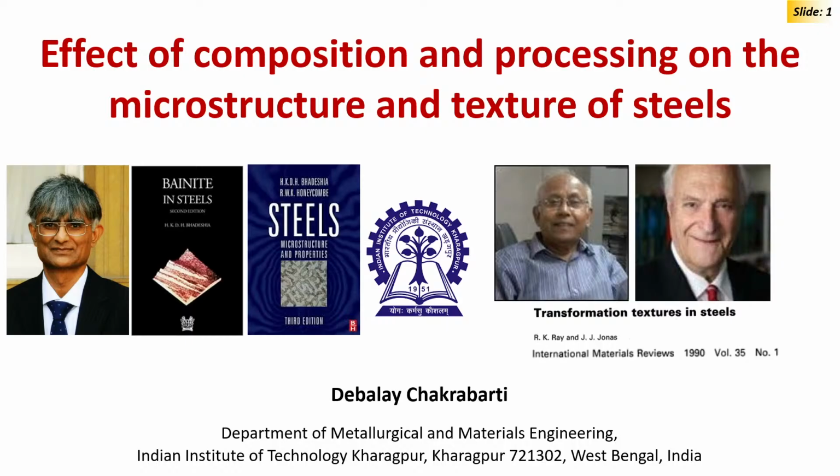Mostly I will focus on transformational microstructure and texture, not annealing texture, because cold rolling and annealing is another very big field that develops different types of texture, which can be very important for formability